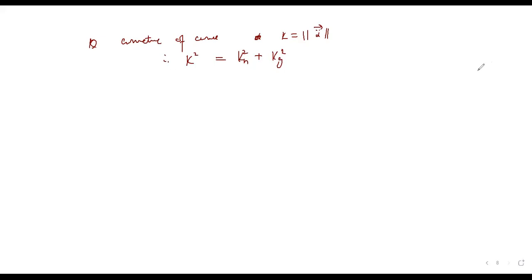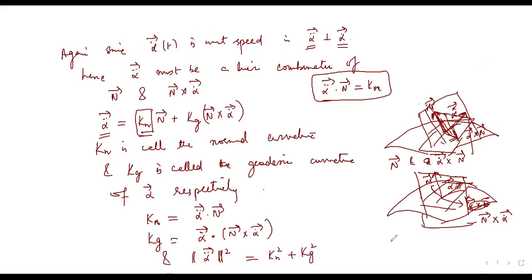So what is now a geodesic? A geodesic says that alpha double dot and N are parallel vectors, right? So let me write it down: k_g must be 0 for a geodesic. So that's important. Either alpha double dot is 0 for a geodesic, or alpha double dot is parallel